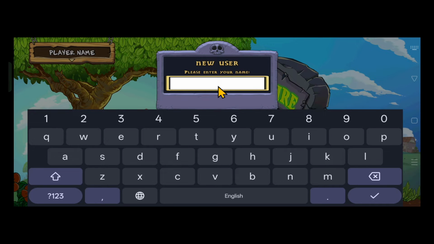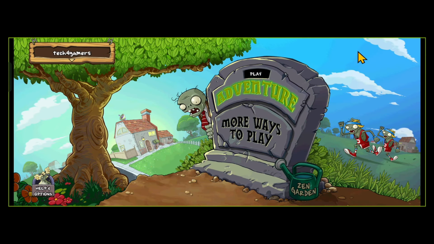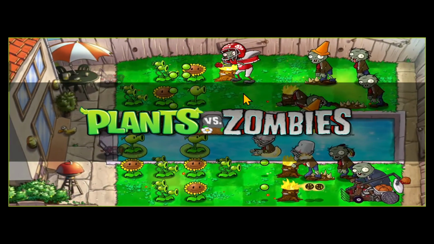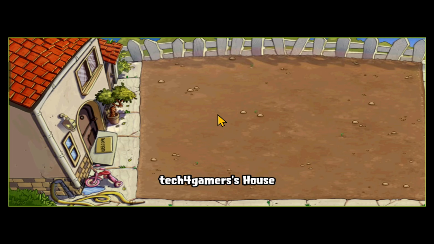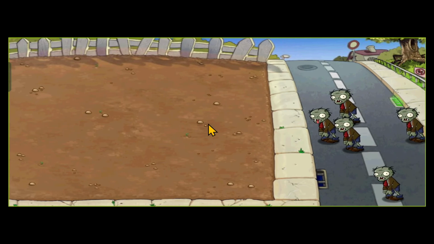And now you can set up your username right away. After setting up your username, you can now immediately start playing the adventure mode. At first, you will need to complete the basic tutorial level, which will explain to you the basic mechanisms of the game right away. And there you have it. That is how easy it is to sign up or log in in order to start playing the Plants vs Zombies